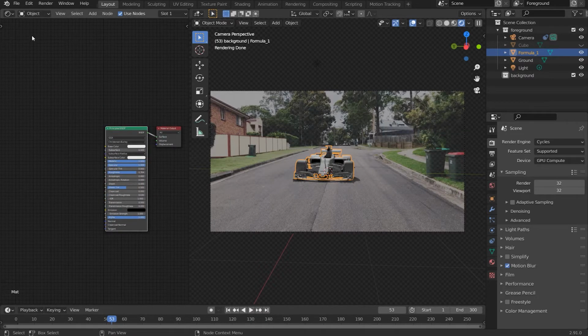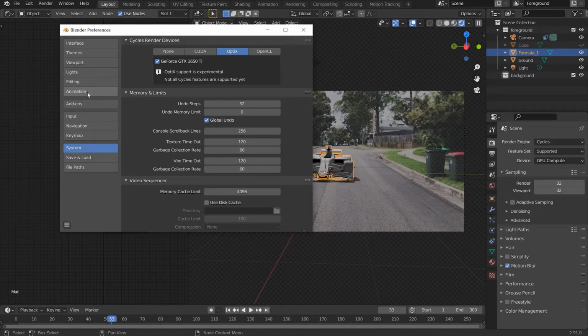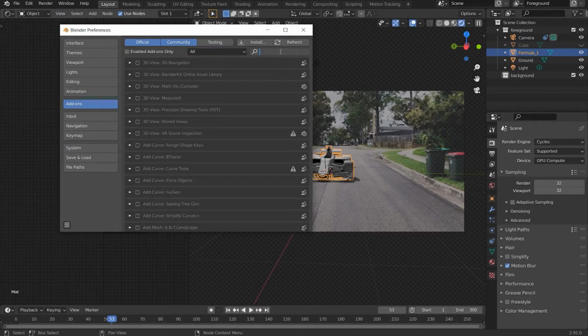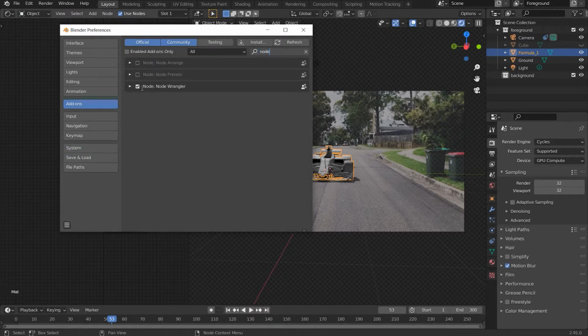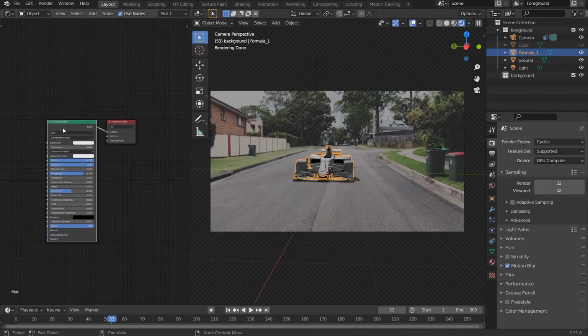And be sure you have Node Wrangler on for the Blender add-ons. So if we go into preferences and go into add-ons, just type in Node Wrangler and be sure this is checked. Okay, and if you've done that, by clicking the principled shader, you can hit Control Shift T,